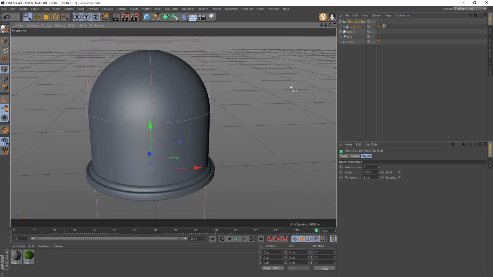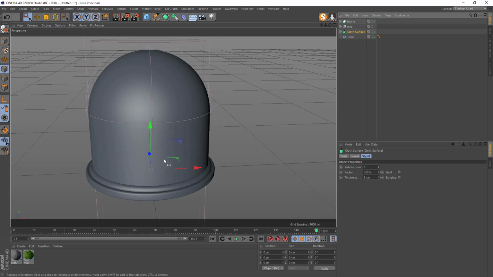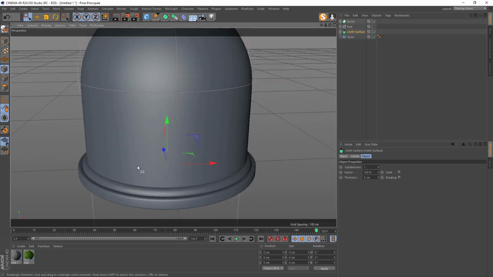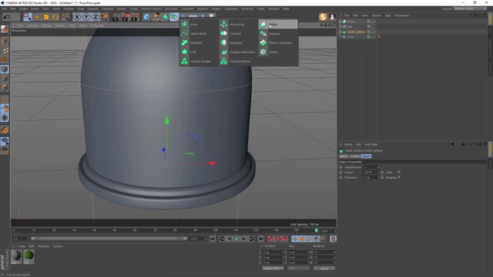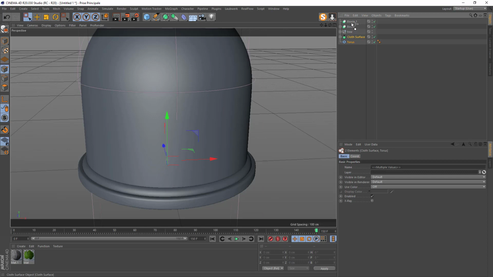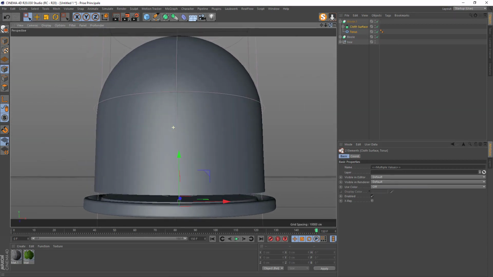So now we can make the dirt. So it's just a cylinder. I will hide the glass for the moment, but before we will mix the glass and the torus together. So to do that we will use a bool. So go back there, choose bool, put both inside the bool. Okay, it's not good. You see now the torus just disappears.